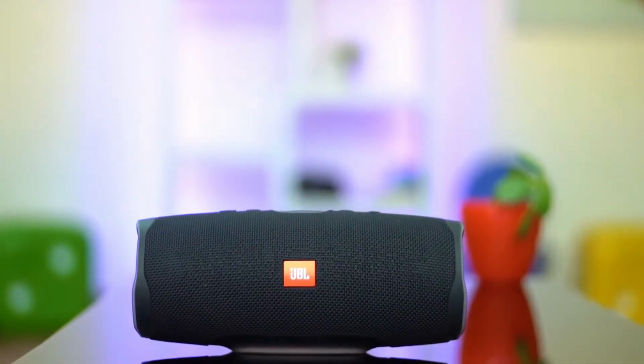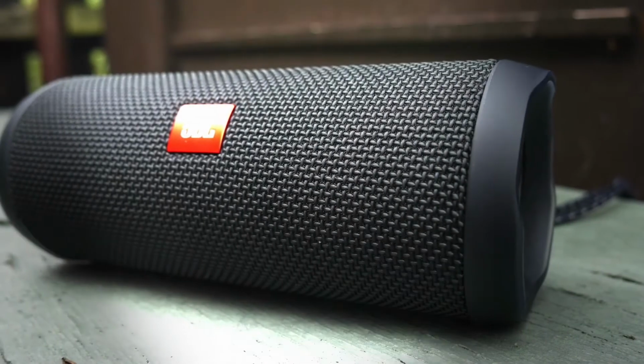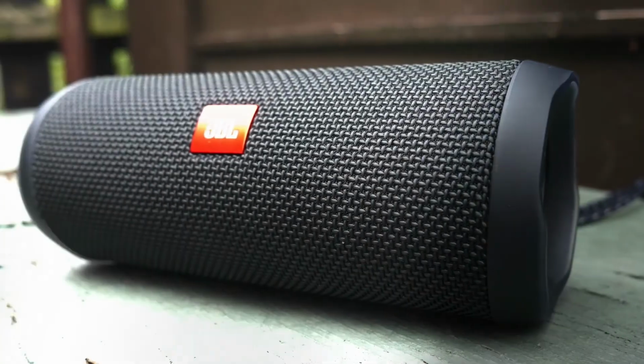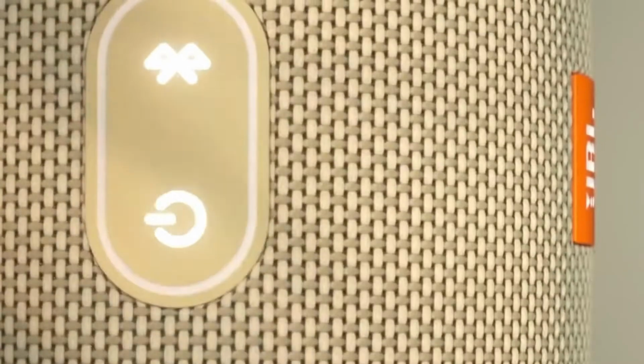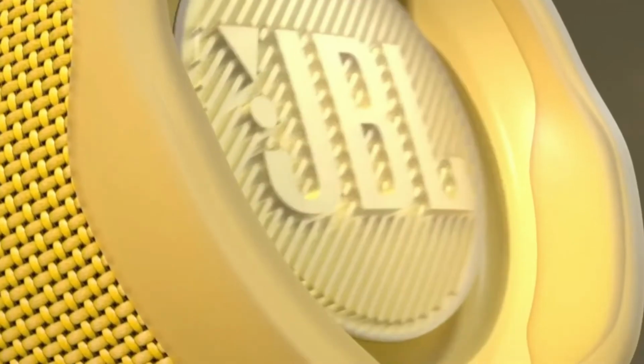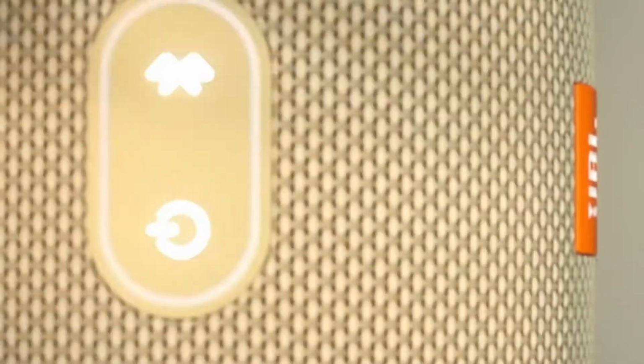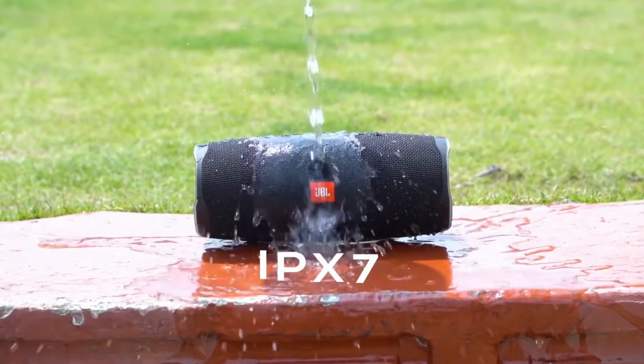As for performance, the JBL Charge 4 is impressively loud. For a medium-sized room, playing music at half volume is more than enough to fill the space with sound. At max volume, the speaker is extremely loud for indoor use, but the extra volume is appreciated in noisy environments like at the beach. Speaking of the beach, the speaker is water-resistant IP7X rated, so feel free to dunk it